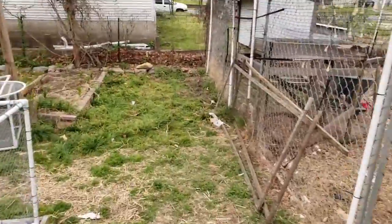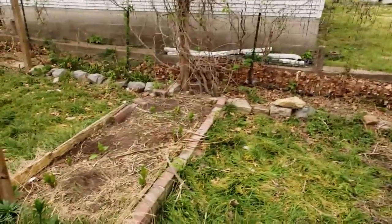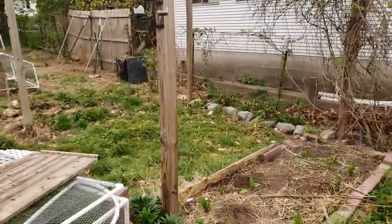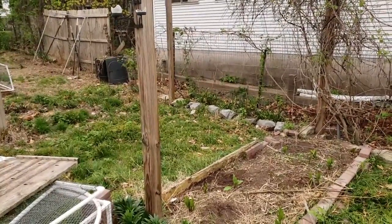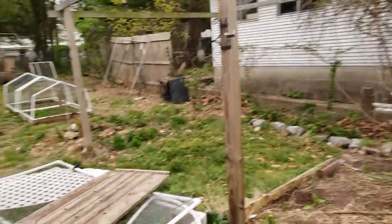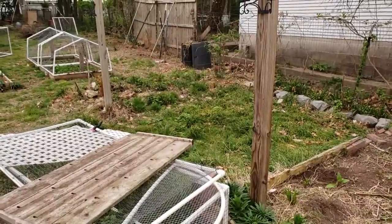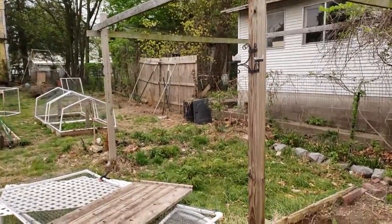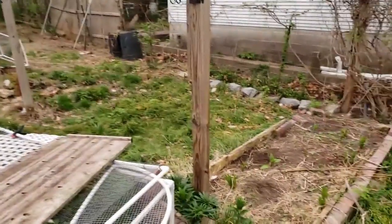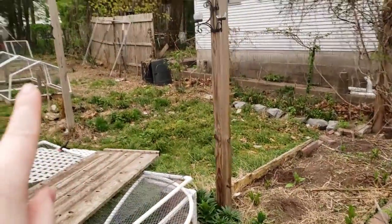And then we already have an established bed for a little ways there, which has some raspberries that need taken out. There's the wisteria that my mom and stepdad had planted, and we actually had the neighbors complain that it keeps growing onto their house. So it's unruly for sure. I'd love to have grapes or something growing on the pergola, but I've learned to not plant anything too close to the property line. Then you can see the rocks kind of continue along,